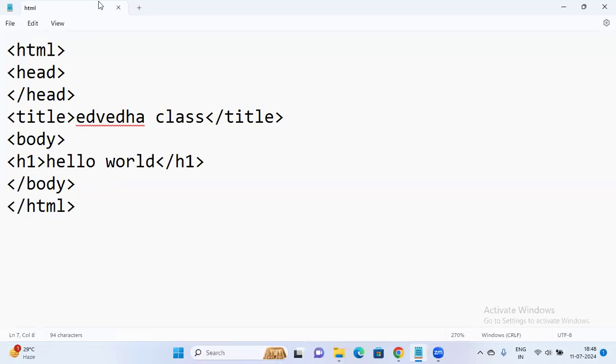Any doubts you have on tags, please text me in the chat. If you have cleared all these things, please type yes in the chat so that I can do the next steps. So I'll repeat once again, any program you take, for starting you are using HTML. For the ending of the program, you have to write the closing tag of HTML. After HTML, we have to write head and close the head.